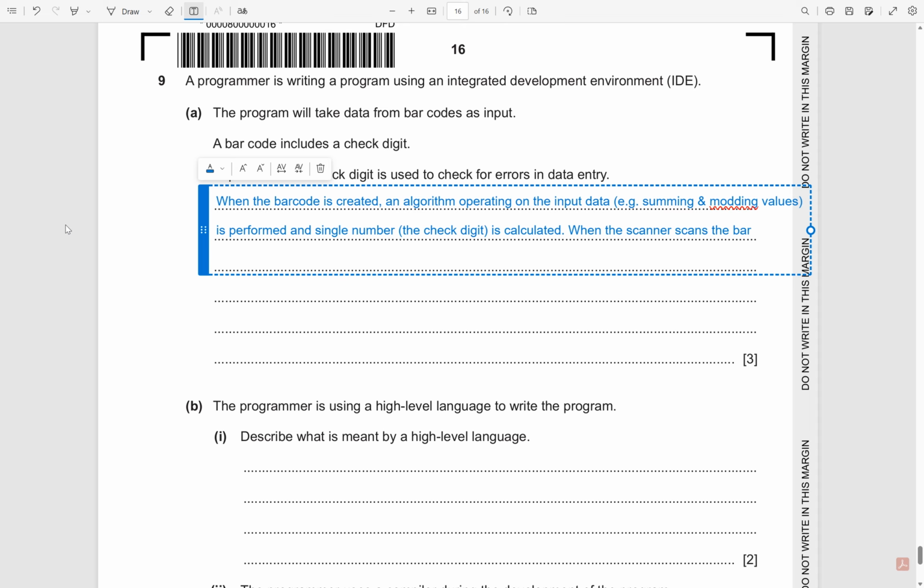Let's say when the scanner scans the barcode and the right data is fed into the program, the program performs the same